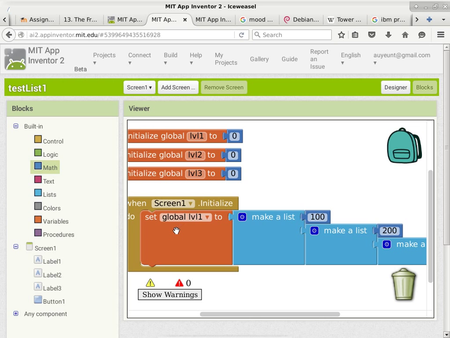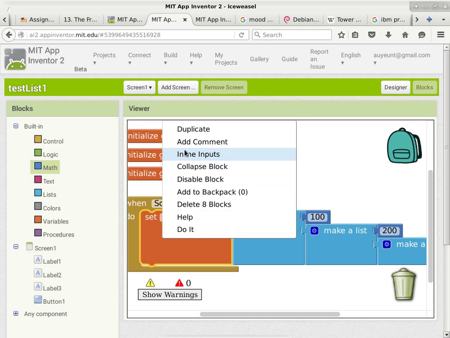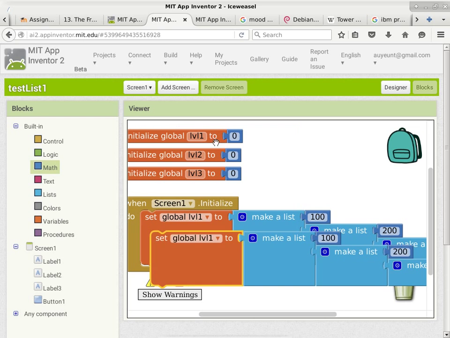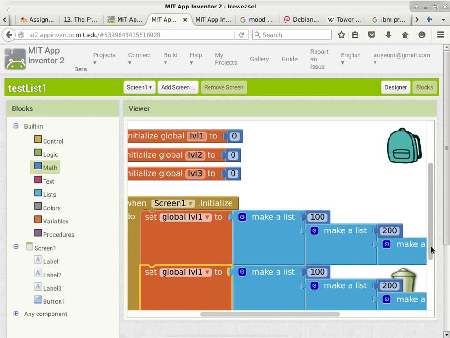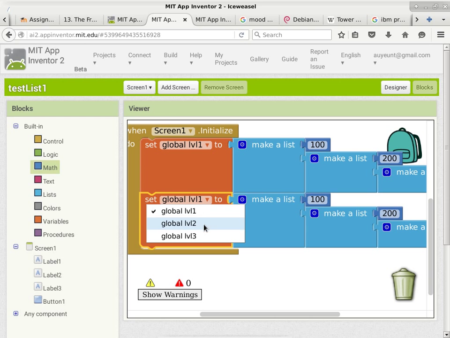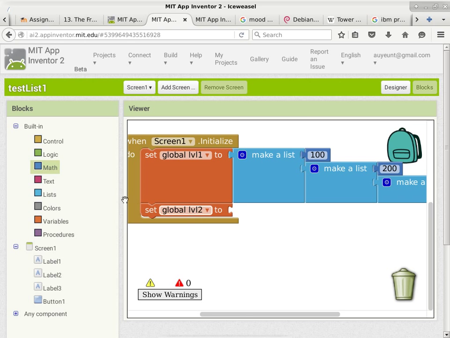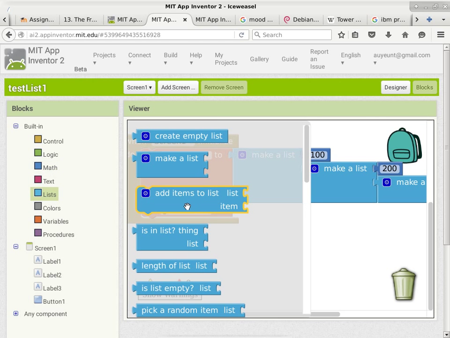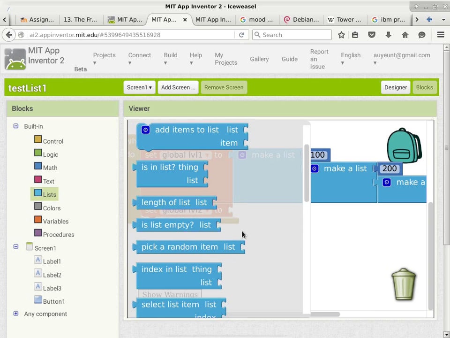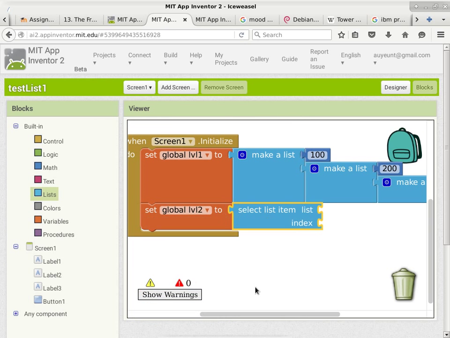Then I'll initialize level 2. So I'll go ahead and, well, I can do a duplicate. Yes. Okay, so this is level 2, but level 2 is not going to be a list like this. I just toss this away. Instead, I will say level 2 is a part of level 1. So I'm going to use select list item using this block and say level 2 is actually one of the items of level 1. Okay, we'll go ahead and select level 1 as the list that we are starting off with,